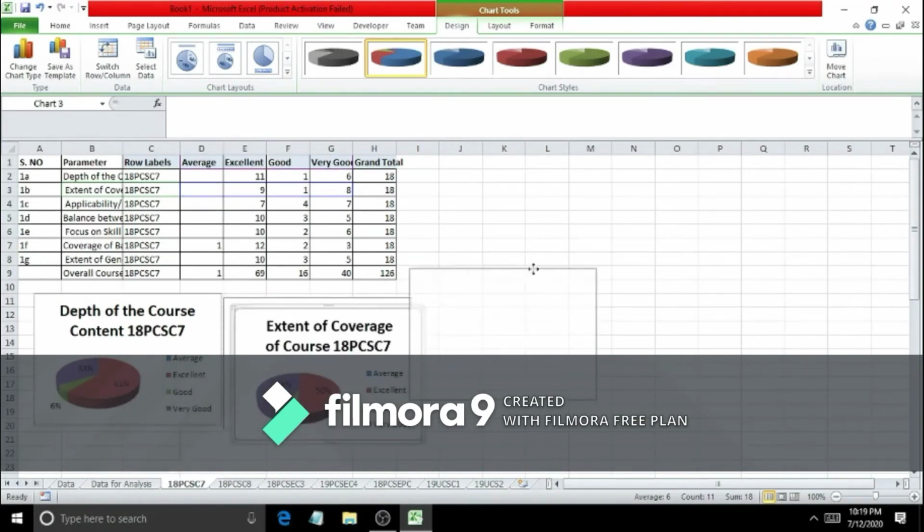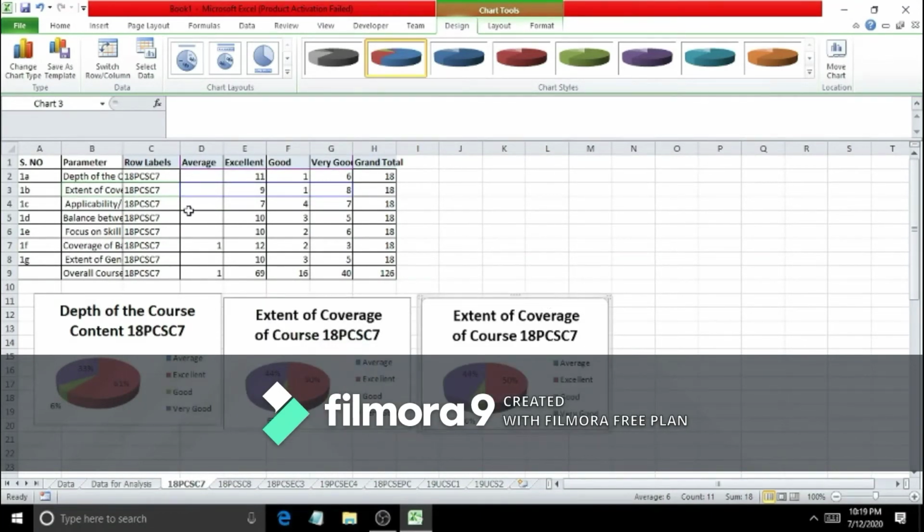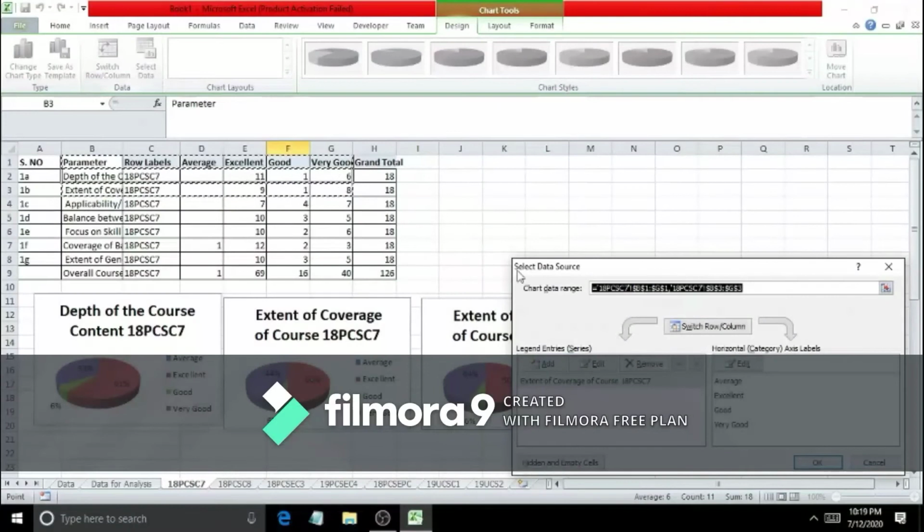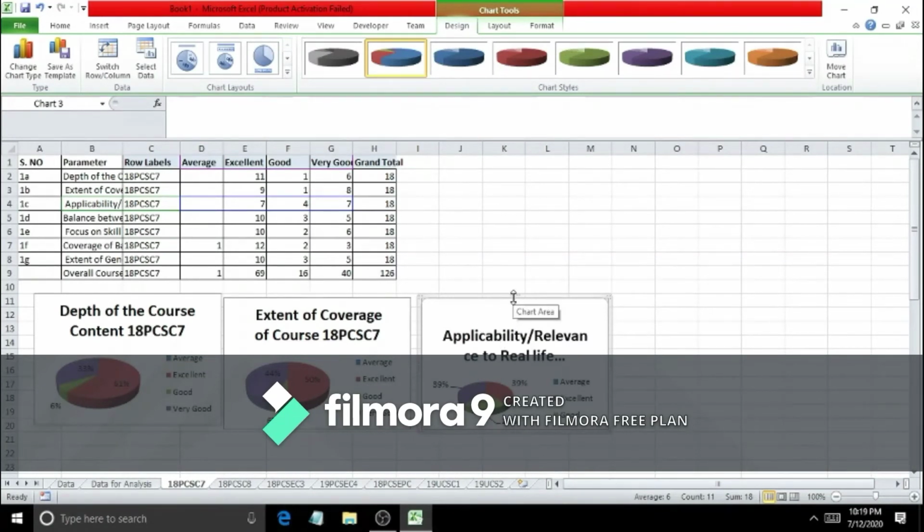Again, make a duplicate copy using Control D, and here you right click on the chart and select data. Here only the data row you have to change. So type 4 instead of 3. With small changes like this, the chart value changes according to the row number.